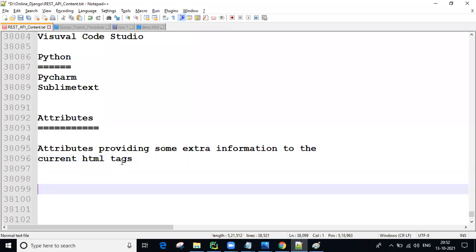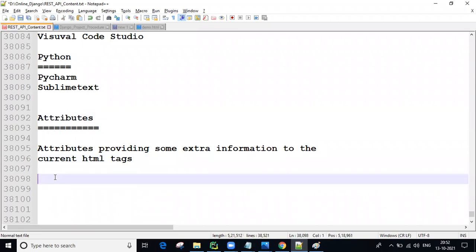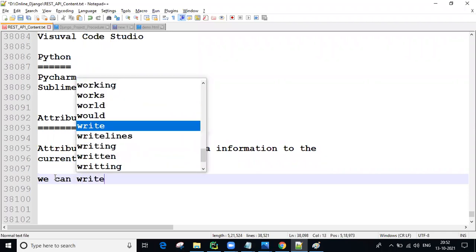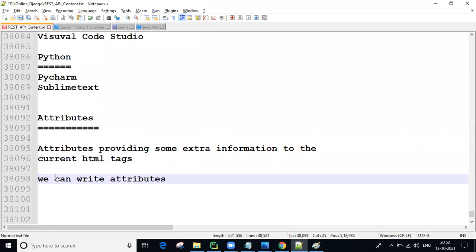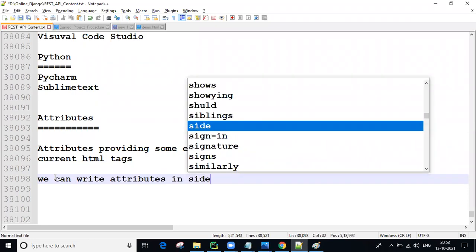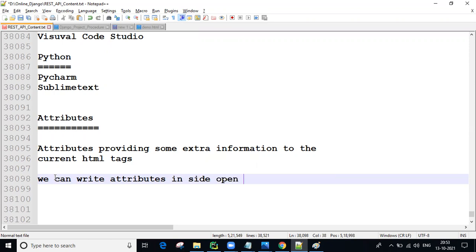Next, guys, where are we writing attributes? Along with the HTML open tag, we can write attributes inside the open tag.